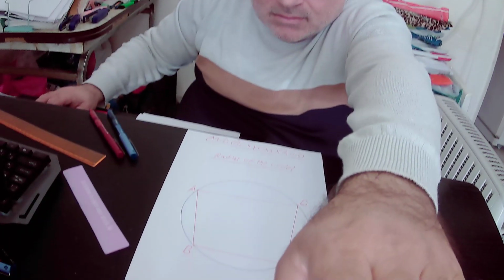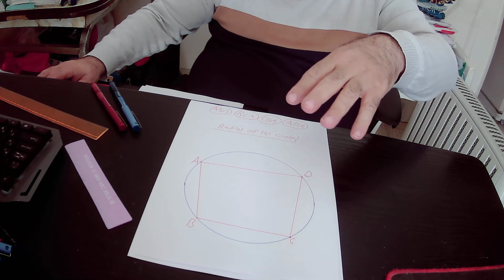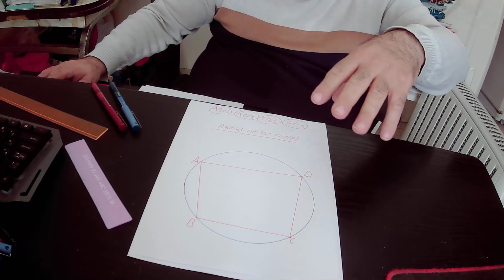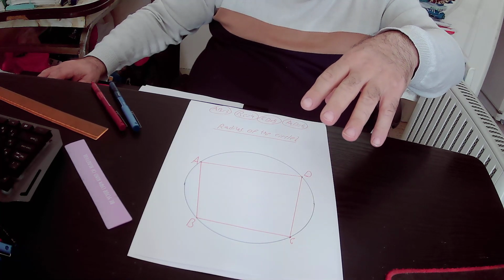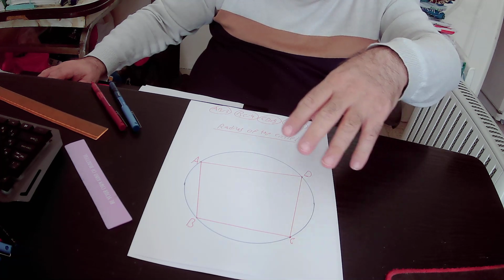Now in this lecture we will find out the radius of the circle. In the drawing we have a circle, and inside this circle we have quadrilateral ABCD. Actually, quadrilateral ABCD is inscribed by this circle,